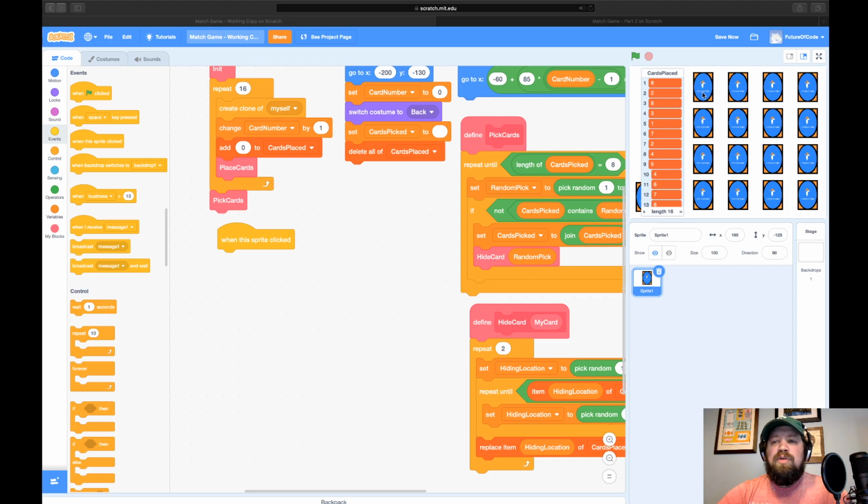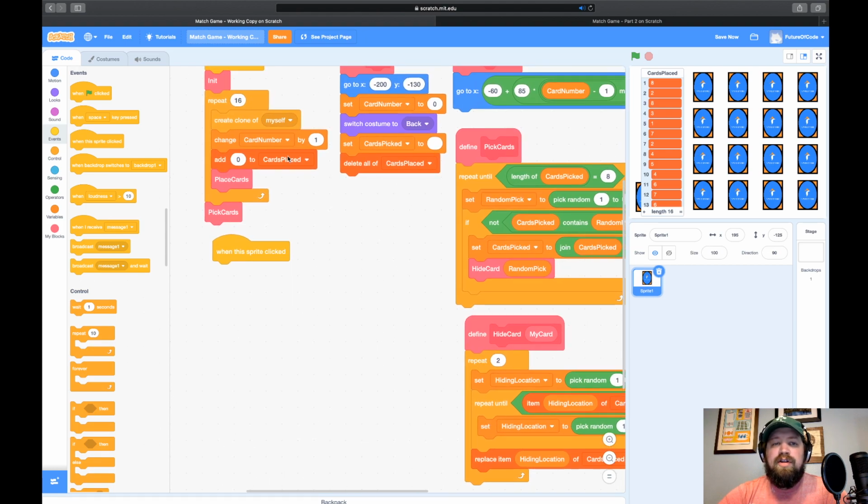Now, remember when we created all these clones, we gave them a number. That number was called card number. That's what our variable was, card number. So we have a card number assigned to all of these. We need to figure out what's there and place the right card there.